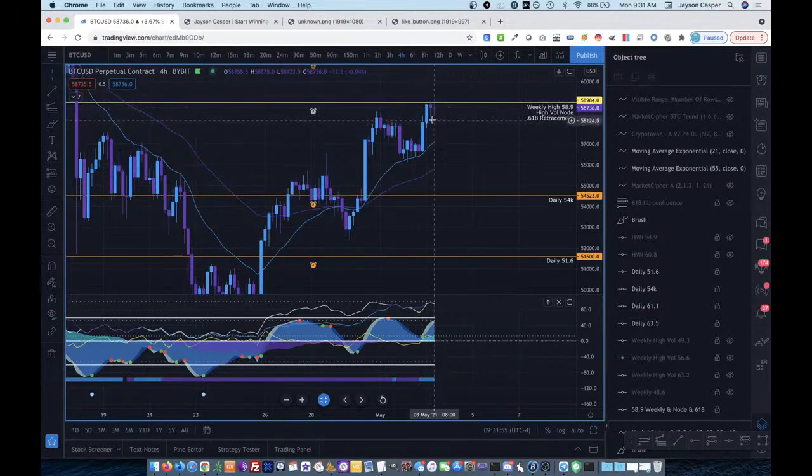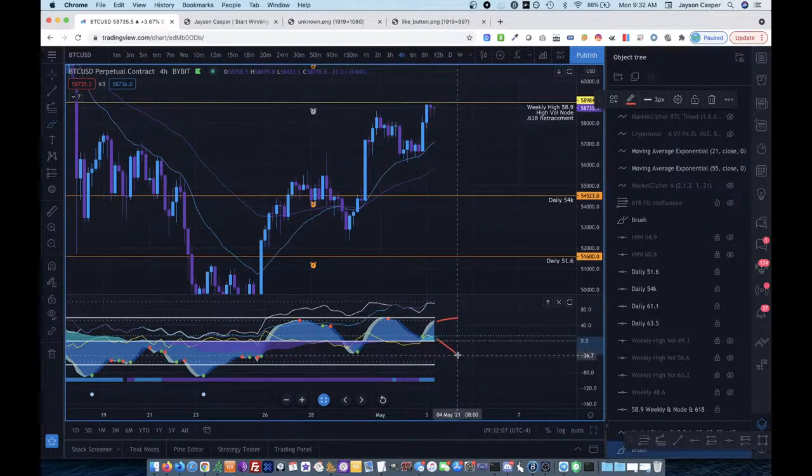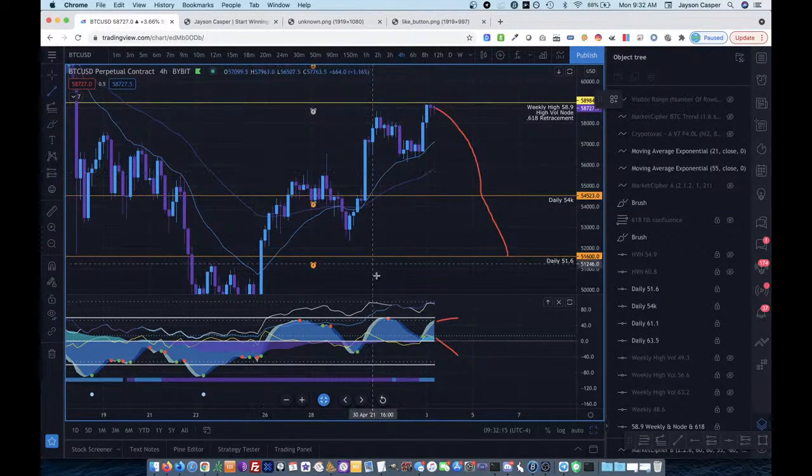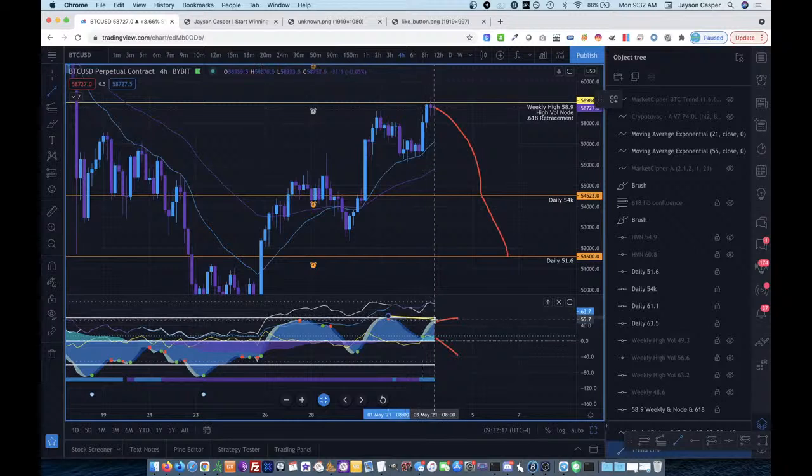Right now we're kind of consolidating around that resistance level. And then, potentially if we do form a top here, and the VWAP crosses over, to me that means we will come down probably to one of these levels, and there's a number of reasons for that. One of the reasons is that if we actually form a top soon, that would give us